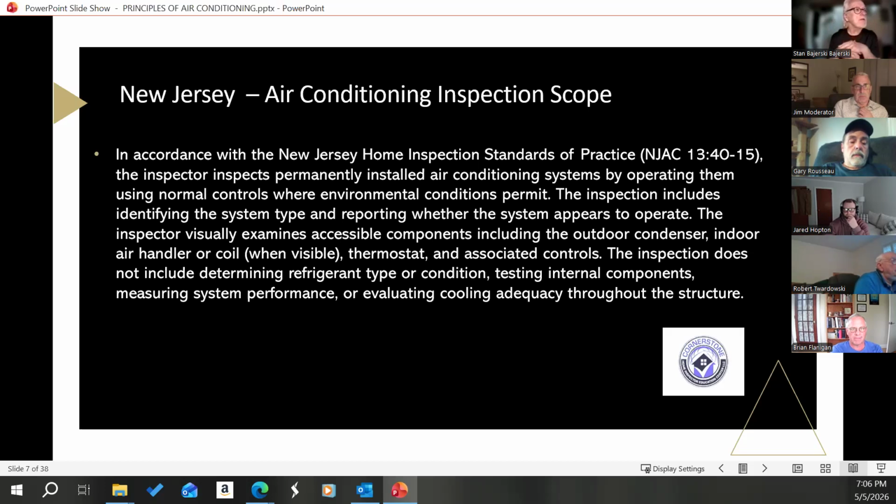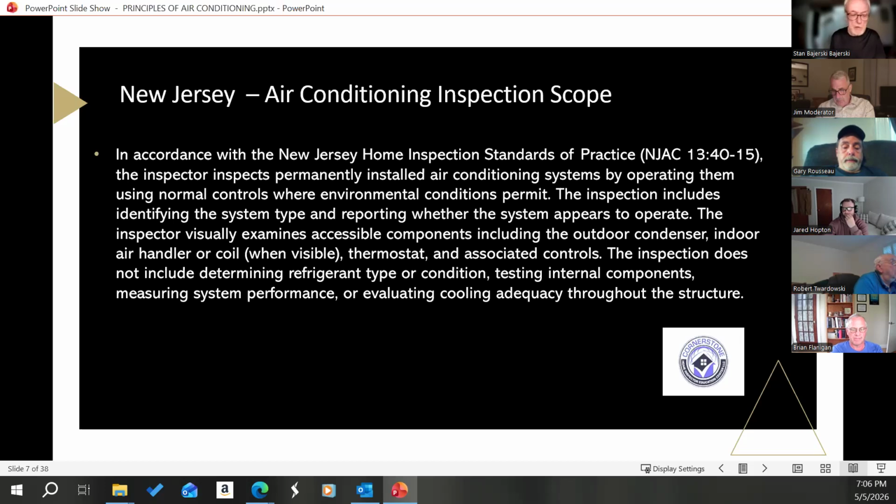inspect all permanently installed air conditioning systems by operating them using normal controls when environmental conditions permit. The inspection includes identifying the system type and reporting whether the system appears to operate. The inspector visually examines accessible components, including the outdoor condenser, indoor air handler or coil when visible, thermostat, and associated controls. The inspection does not include determining refrigerant type or condition, testing internal components, measuring system performance, or evaluating cooling